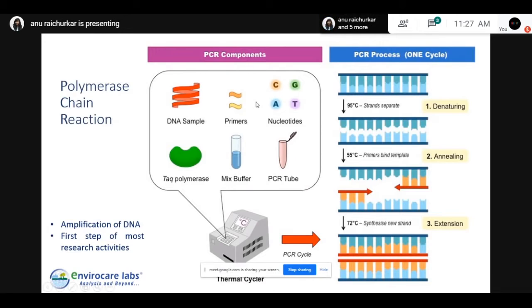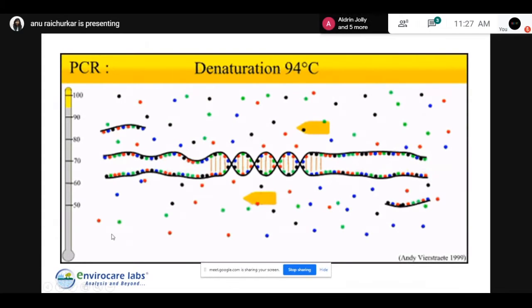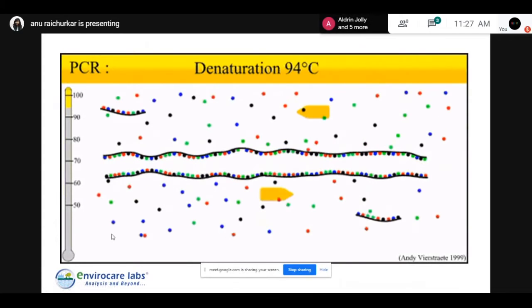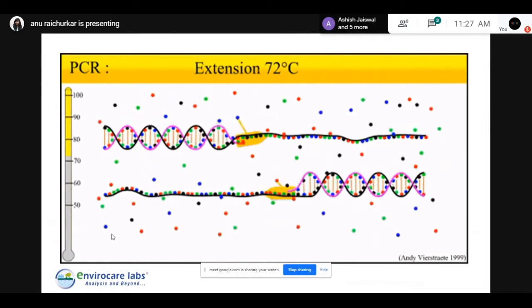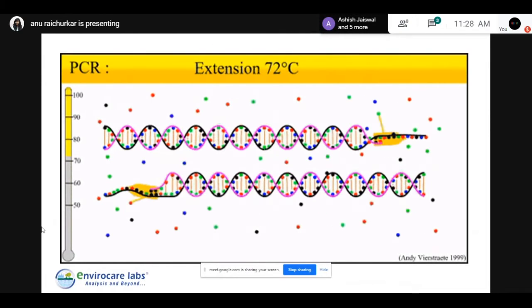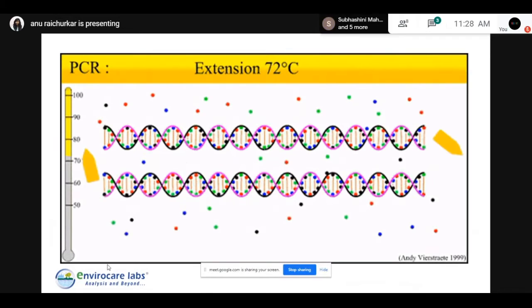So that is the beauty of this technique. And that is why this was the most groundbreaking discovery in the history of molecular biology. So then in this animation, I've just shown how the two strands separate at 94, how the primers will anneal, and how the Taq polymerase will go on adding the dNTPs, and how we eventually get the copies of DNA